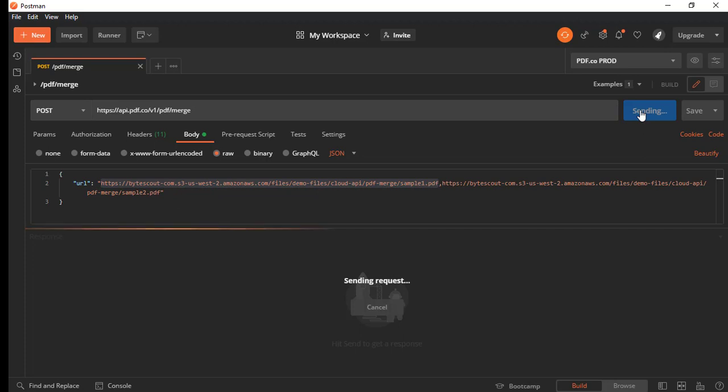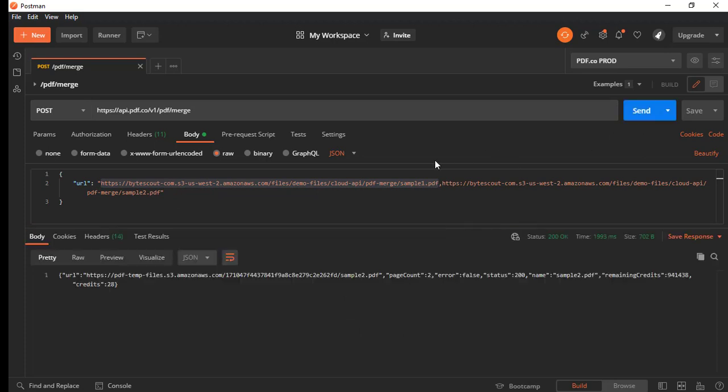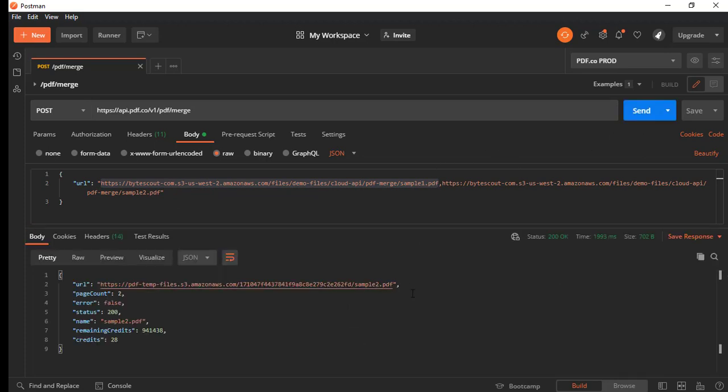And if we perform the send, it will invoke the pdf.co endpoint and get the output like this. So it is very user friendly to know different aspects of the implementation with the pdf.co.